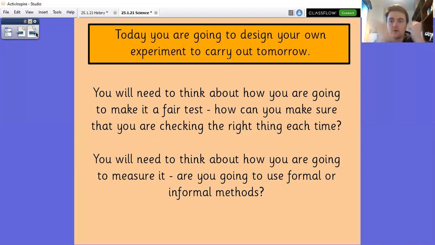You'll need to think about how you're going to measure it as well. Are you going to use formal or informal methods? Now, what that means is that there's two things that you're going to be measuring. One is the volume of the sound, and you can do that through listening to see if you can hear it,